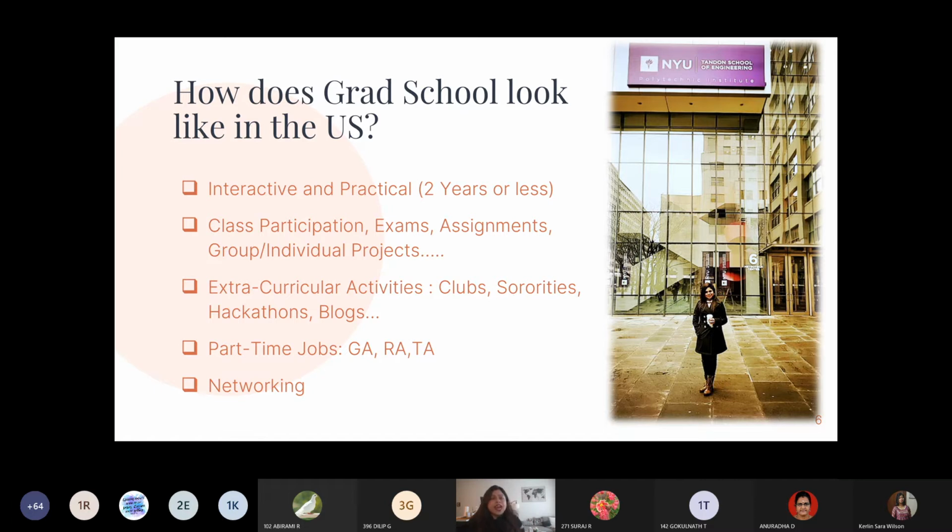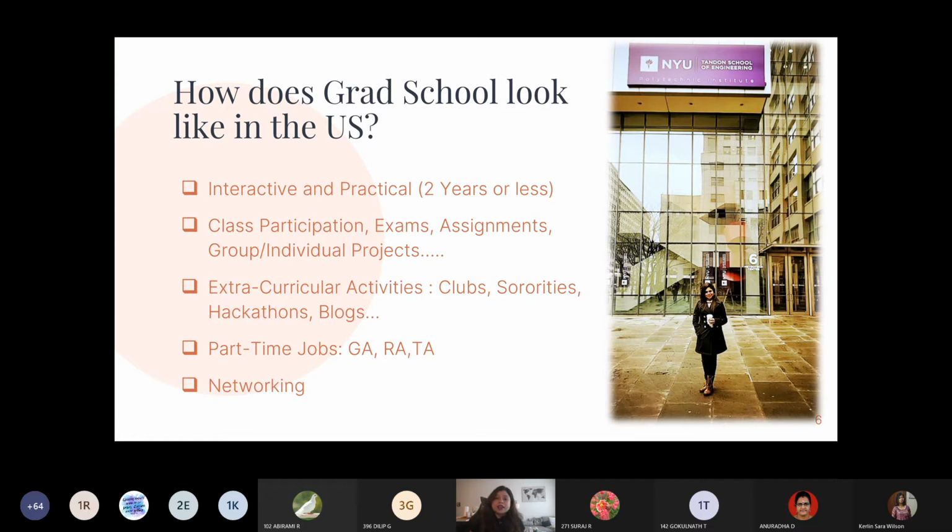We had a club for human capital analytics. I was part of it. And then we had a GISA club, the Indian Students Association, where we celebrated Diwali and everything. So you can be a part of any club. It's better to hold leadership positions so that you can point out on your resume that you've had leadership positions. And then there are sororities, and other student clubs as well.